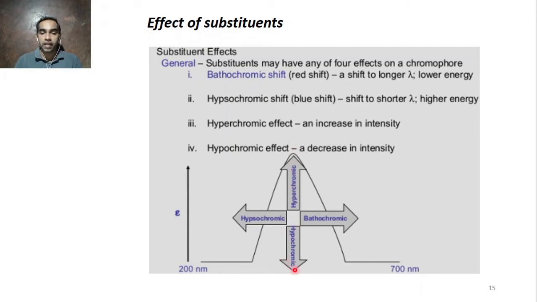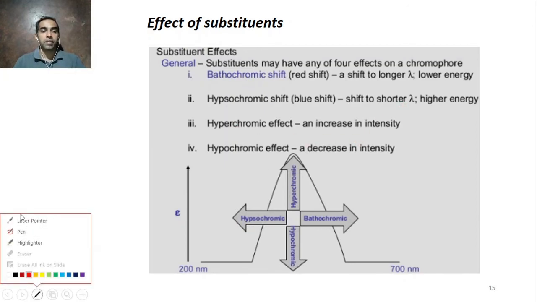So the lambda max corresponding to this will shift to this side, that means it will go to the red side. Here it is the blue side, this side is red. Why? Because here the wavelength increases, and if you come to this side, wavelength decreases. Wavelength increases means it goes towards red shift. Wavelength decreases means it goes towards blue shift. Bathochromic shift is a shift to longer lambda or lower energy, or hypsochromic shift, that is blue shift. Because of some groups it can go to this side, the left hand side, a blue shift, which means shorter wavelength.